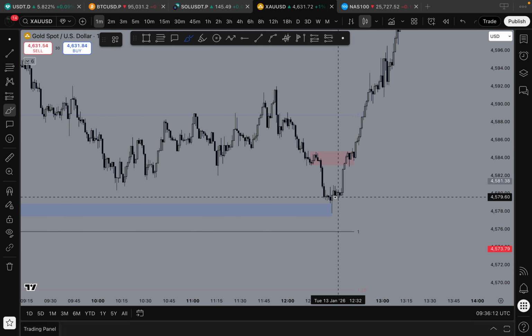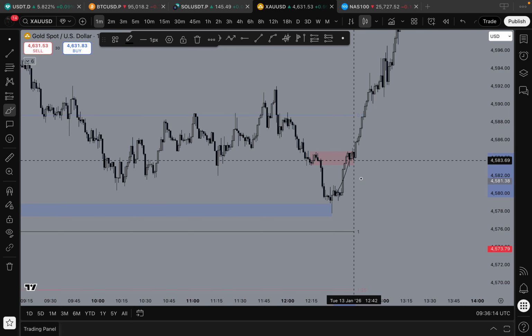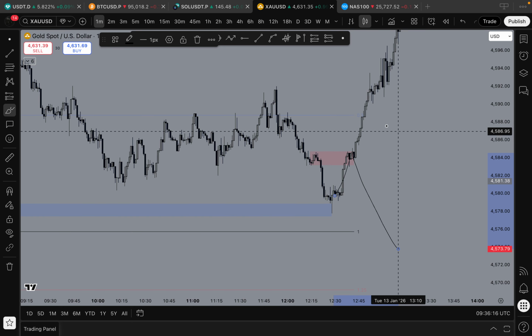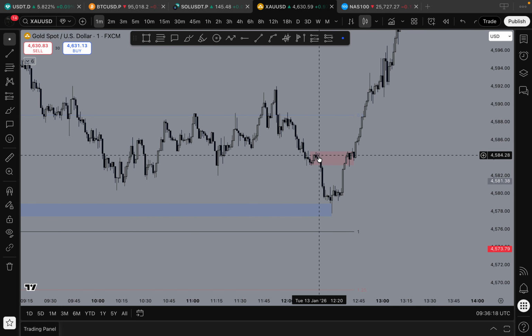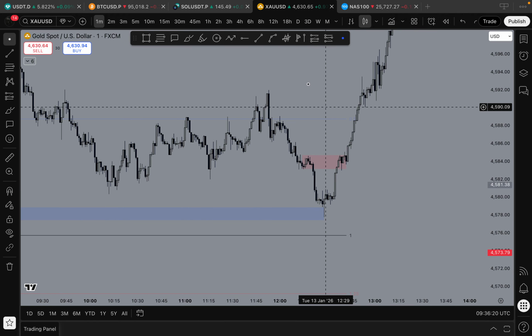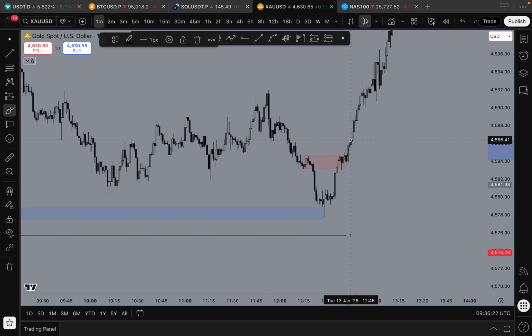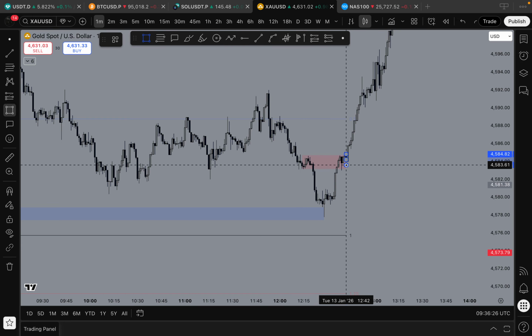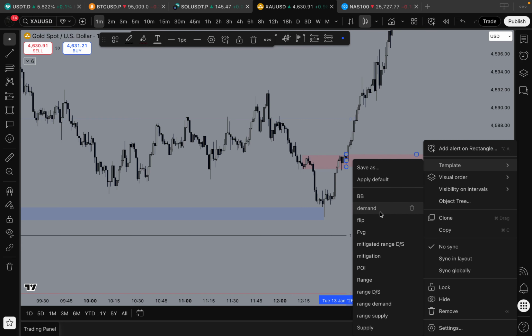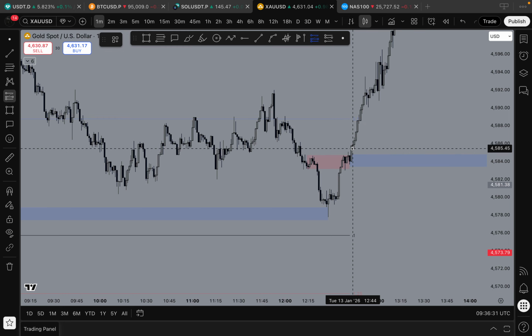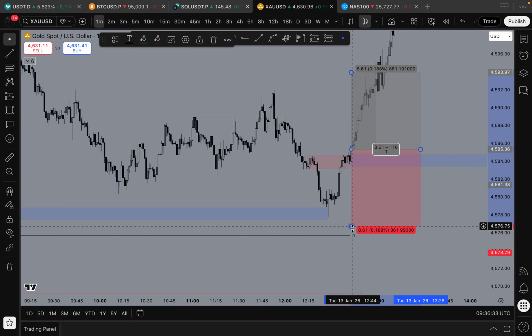The job of the supply is to react and give price a rejection to a new low. If price fails to do that, which you can see right here, and you see that price pushes above it, even creating new demand right here, then that's a clean flip, indicating strength